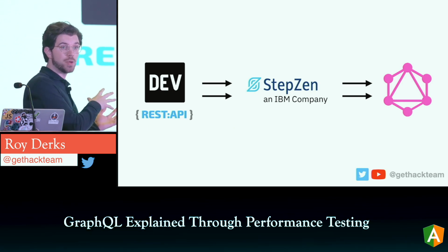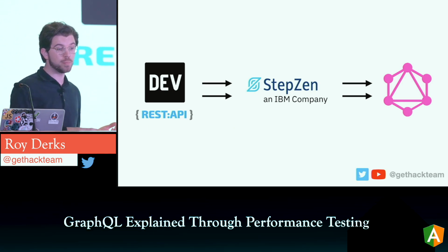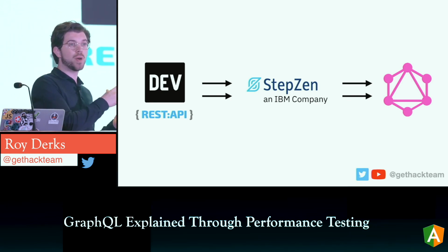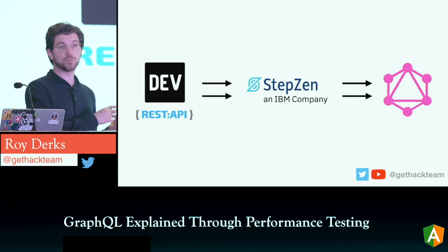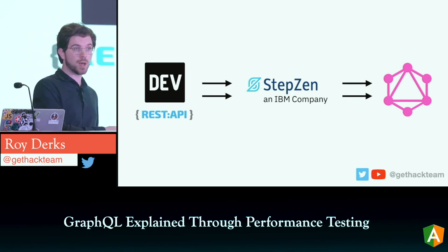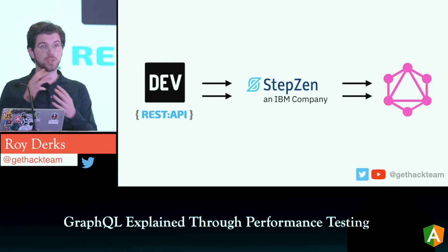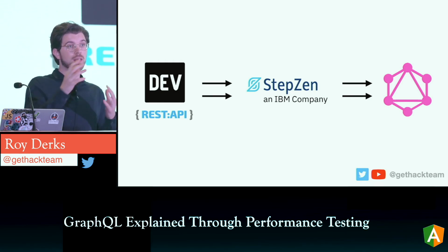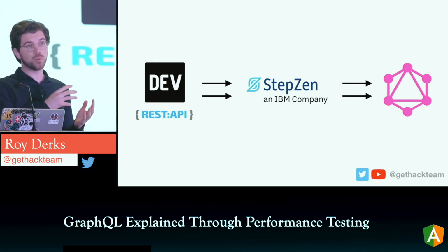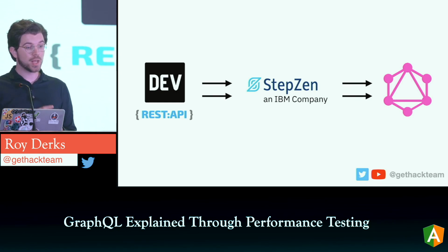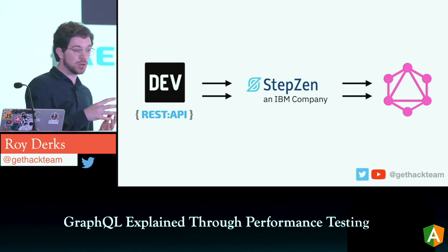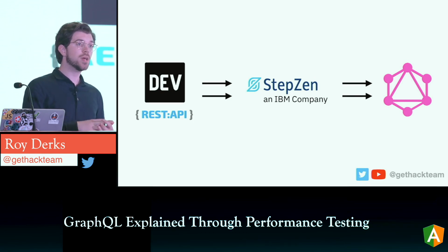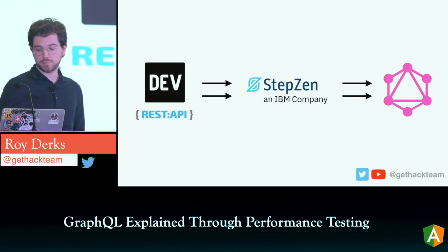And they have a REST API, Practical Dev. Hashnode has a GraphQL API, so I could have also used that. But what I want to do is compare the performance tests of the Practical Dev REST API with the performance test of the GraphQL API. So I graphicalized this using StepZen, meaning that with StepZen I can turn every REST API into GraphQL. And I won't be going into the details of how to do this, because today is all Angular, but I'll be sharing a link to a repo later on, and there you can see how it's done.